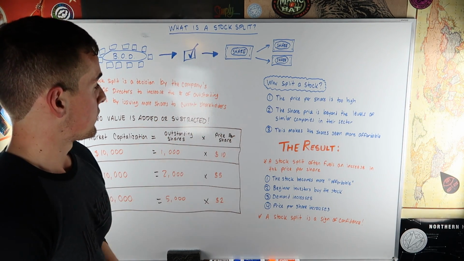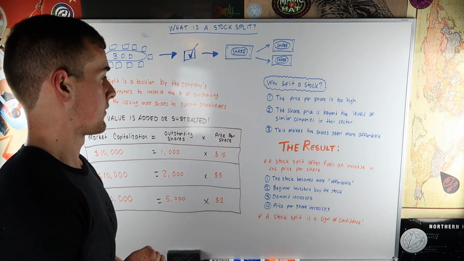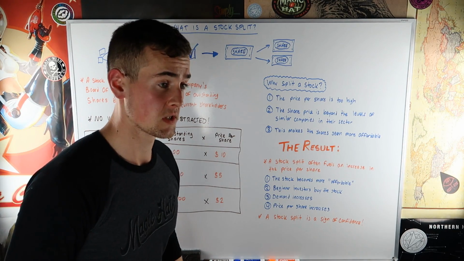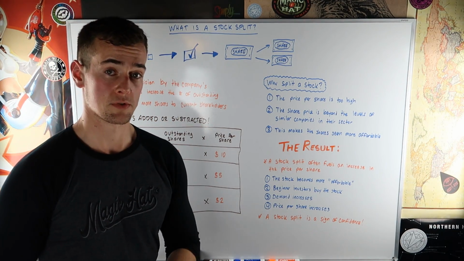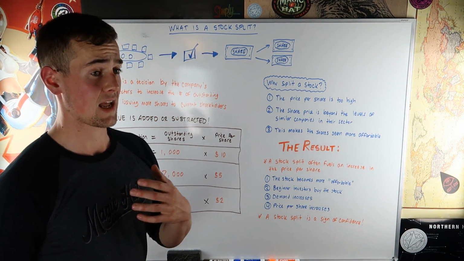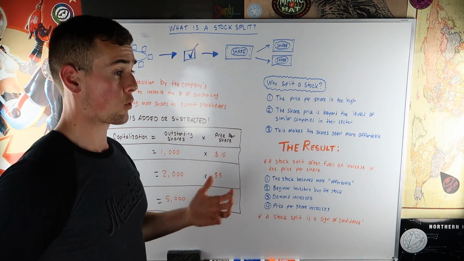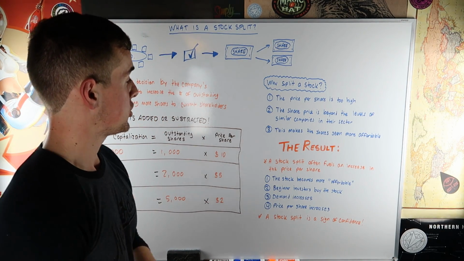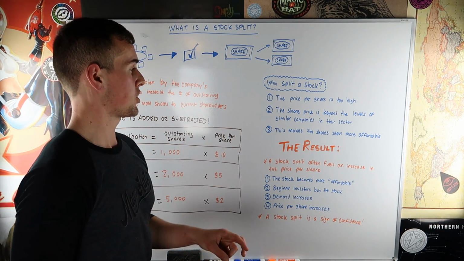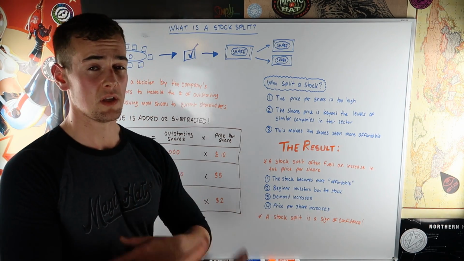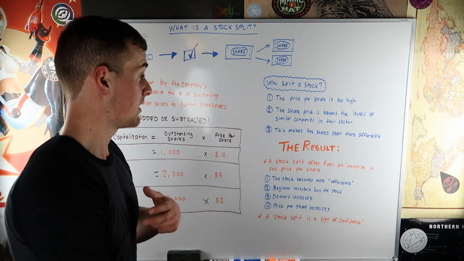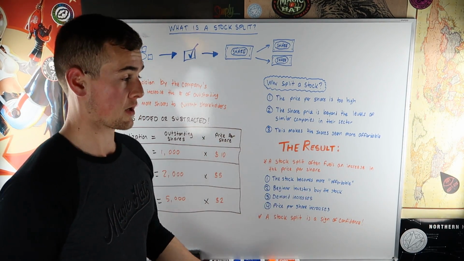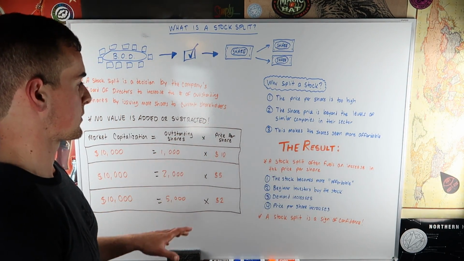So another reason too is that the share price is beyond the levels of similar companies in the sector. And again, this is just for the fact that many beginner investors don't take into consideration other factors. They solely look at the stock price, and if they see that stock is really high, they're going to want to have more bang for their buck. They're going to think that having more shares is better, so they might want to buy a cheaper stock. So this makes these shares seem more affordable to the uninformed or beginner investor, when really the affordability of that stock does not change, because that's based on the price to earnings ratio of that stock, which has nothing to do with a stock split.